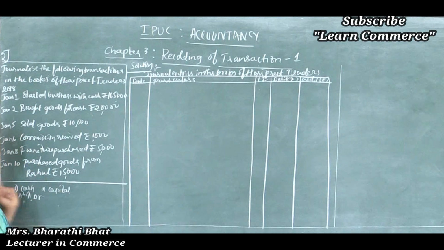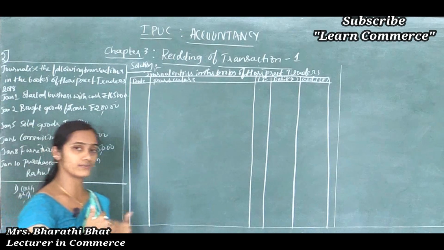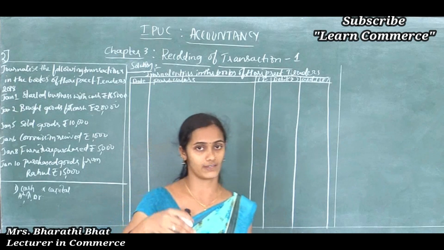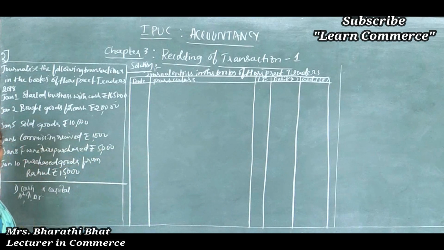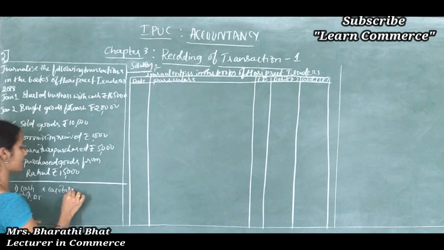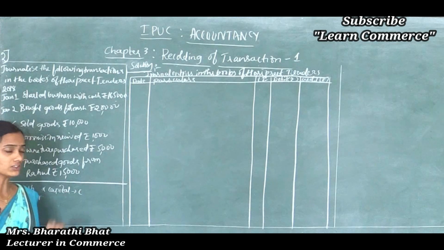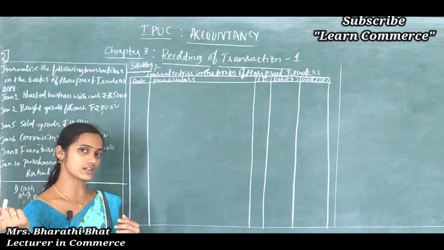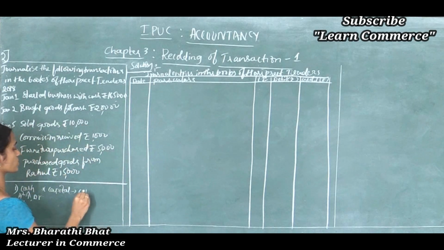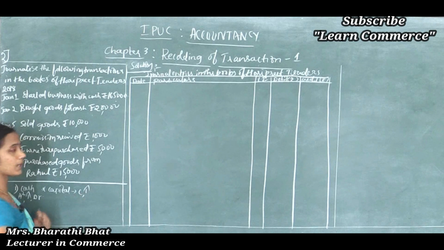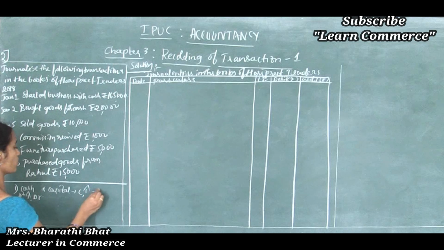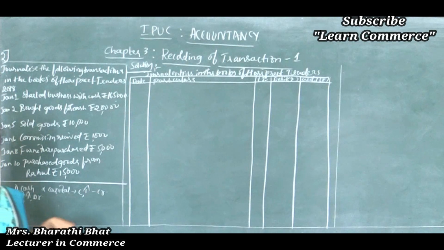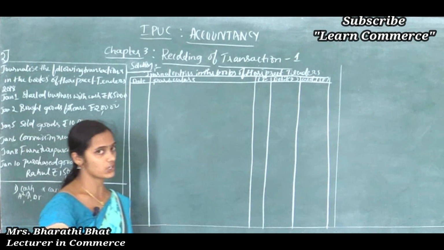And the next case, capital. If the owner introduced some cash when starting the business organization, then it is called capital. Here capital comes under the capital account only. Then analyze whether it is increased or decreased. It shows increased value. After that, apply the rule: increase in capital is to be credited. So which account is debited and which is credited here? Cash account is debited, capital account is credited.